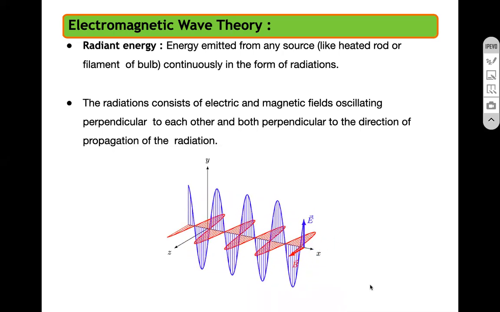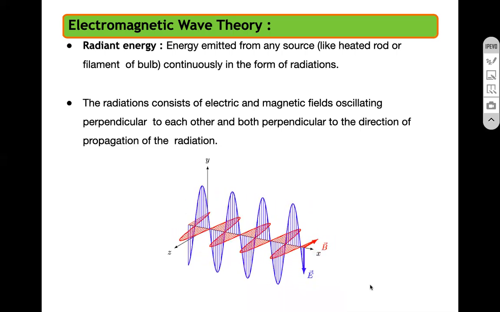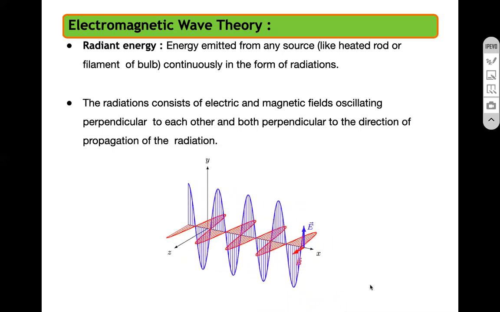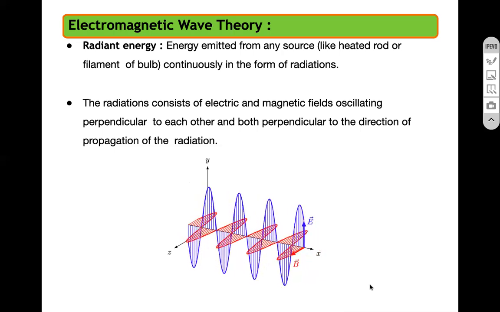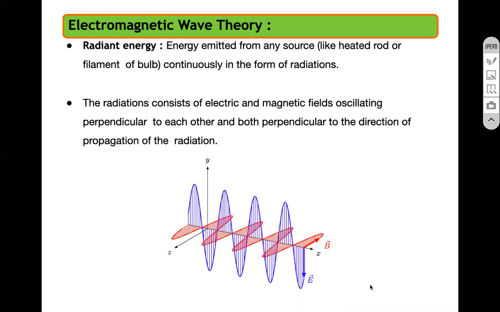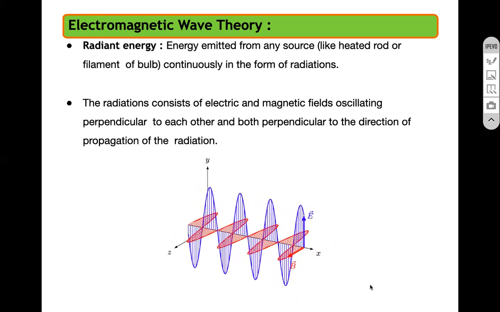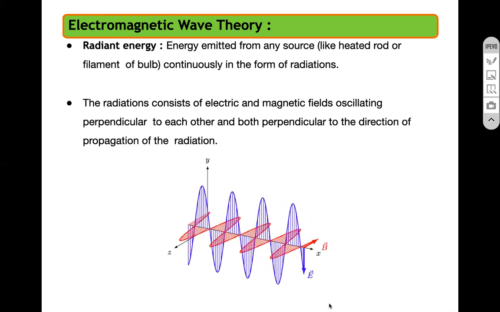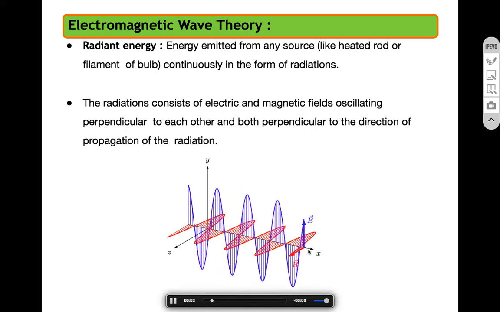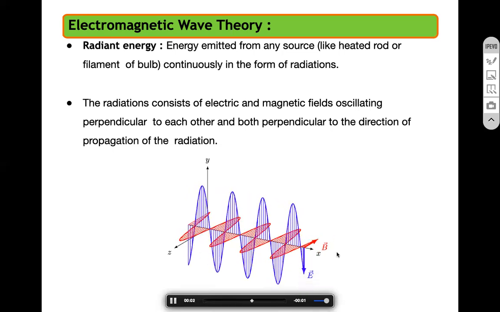So what did you understand? If there is electromagnetic radiation, it has two components. One is the magnetic field component, one is the electric field component. Both move in perpendicular directions, and movement of wave will be perpendicular to both directions. Is it clear? Movement of wave or movement of this energy is in the x-axis, which is perpendicular to both the loops which are forming. Is it clear?